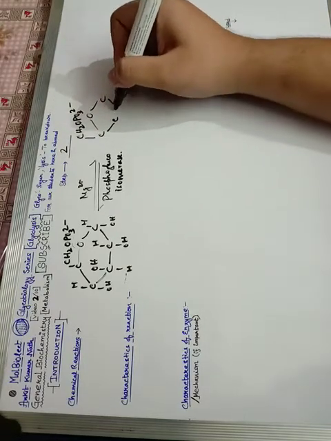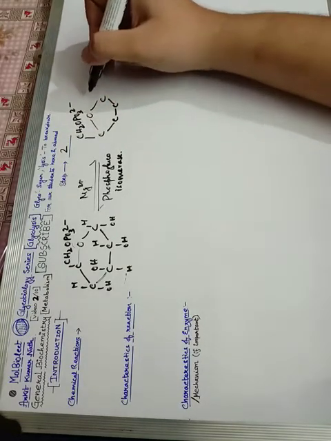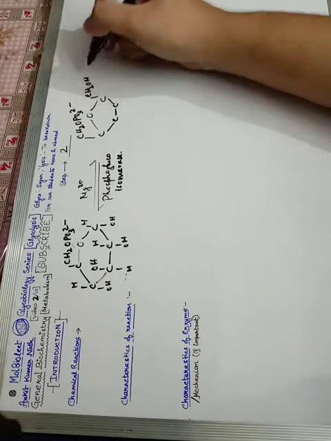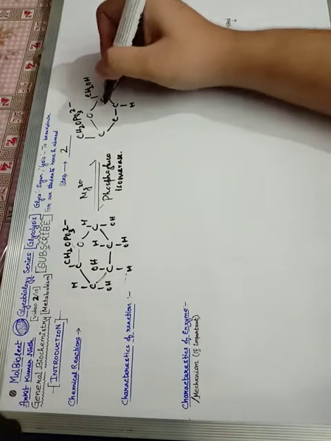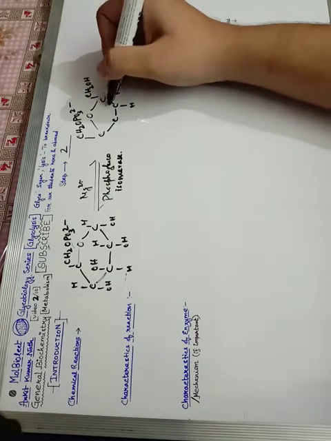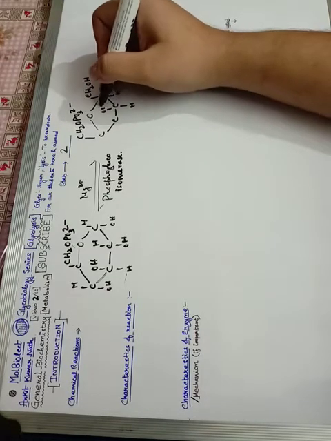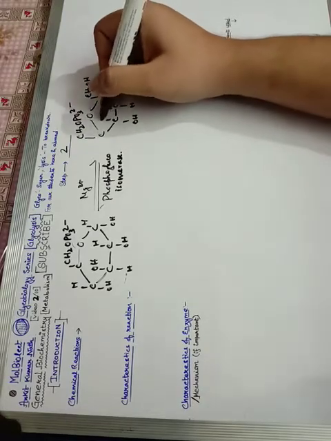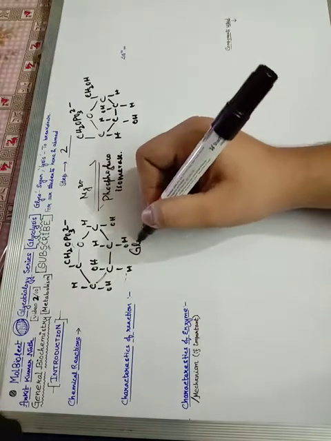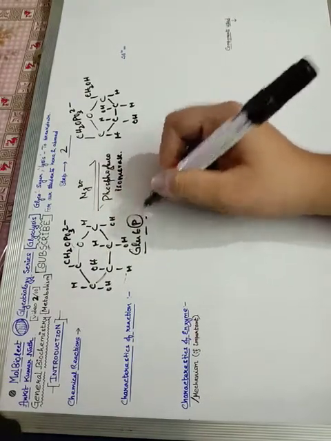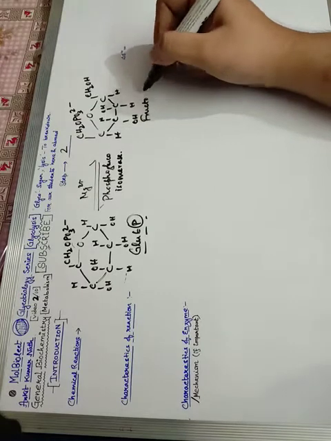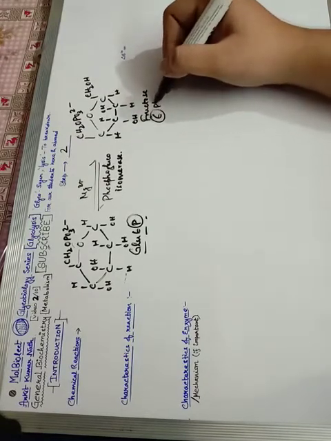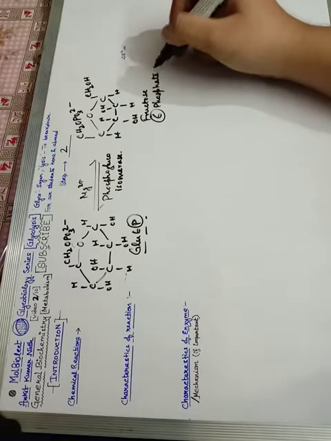It is just converted to fructose. In this case here will be H, here H, here OH, here OH, here H, here H. So this is our glucose 6-phosphate, Glu6P. From here we got our fructose 6-phosphate. So this is the reaction.